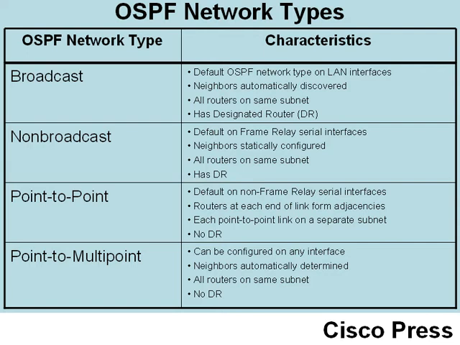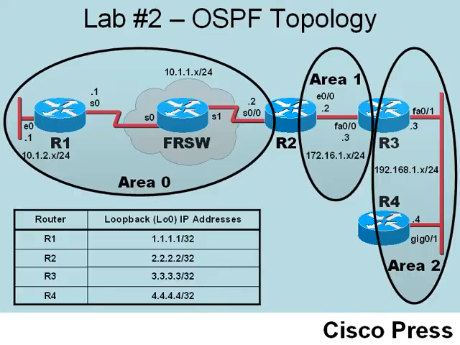And finally, a point-to-multipoint OSPF network type, even though that is not the default network type on any of our interfaces, it can be configured on any type of interface. Our OSPF neighbors are automatically determined, all routers are on the same subnet, and there is no designated router in this environment. Before we go into the router interface, let's take a look at the topology that we're going to